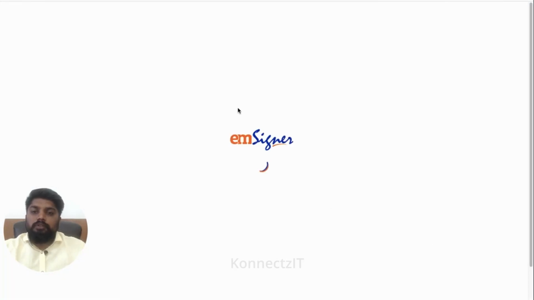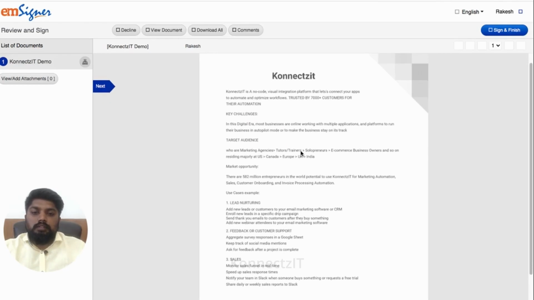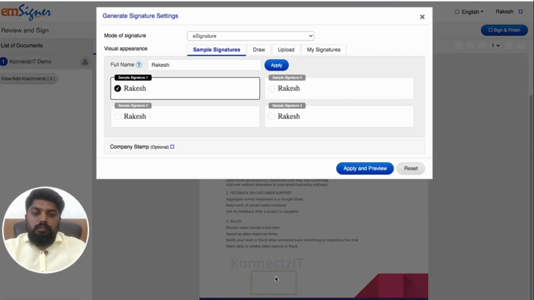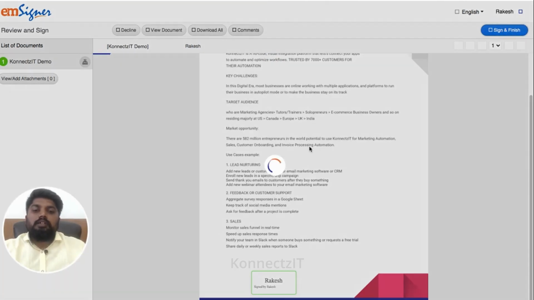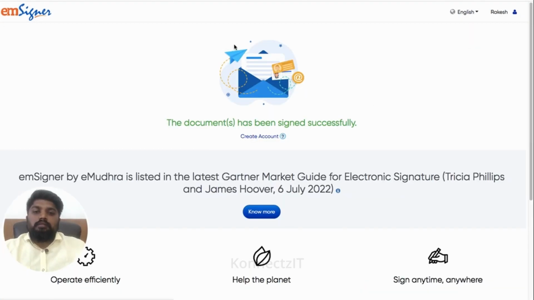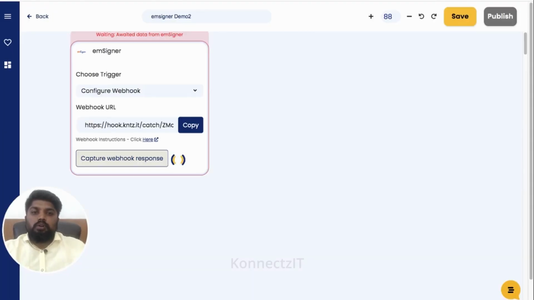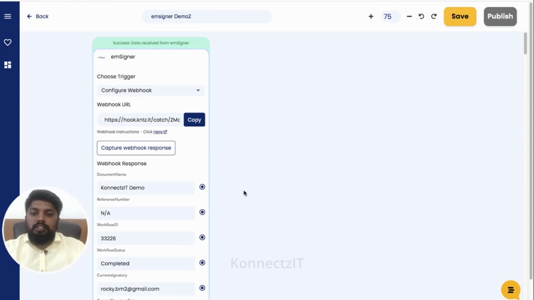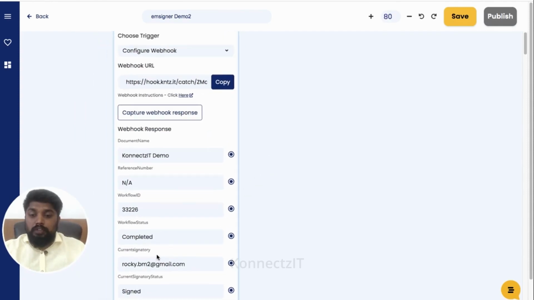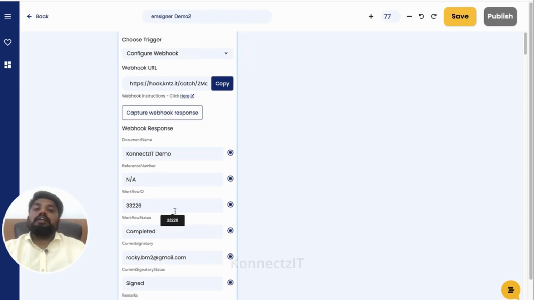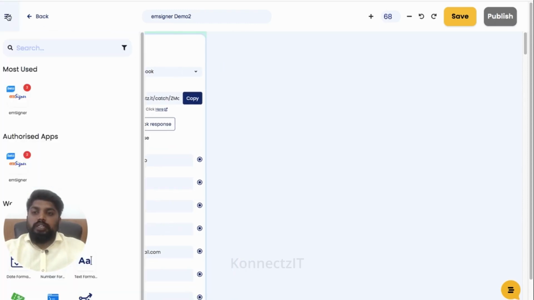I'll just preview the document and just click on sign and finish. Once it is completed, we will automatically receive the webhook. You can see we receive the document name and the workflow status as completed, and we also receive who the current signatory is. So now what we can do is go ahead and send